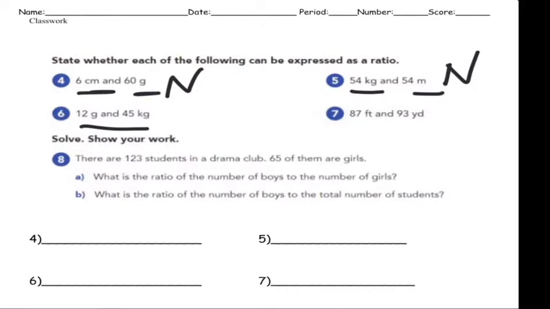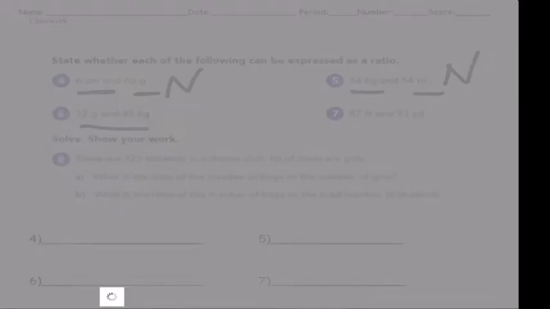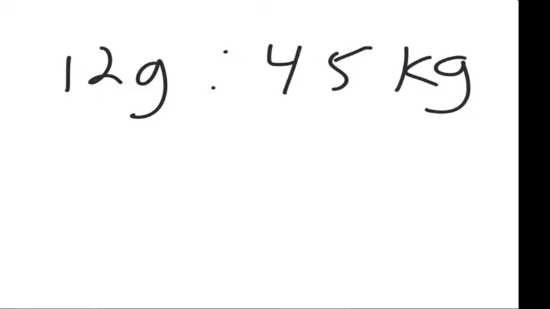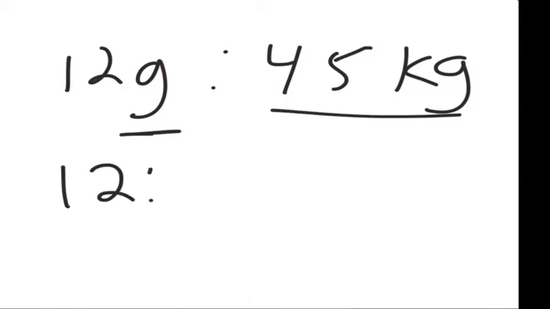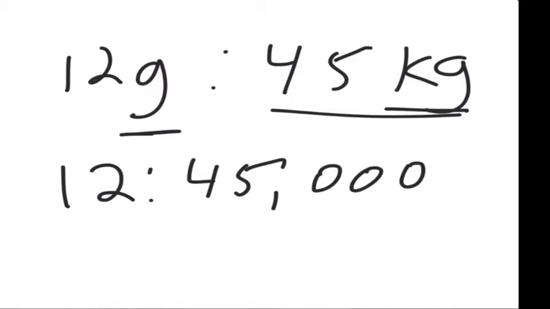However, let's look at the 12 grams and 45 kilograms. So we have 12 grams to 45 kilograms, and they both measure weight, so these we can compare. If we make them into a ratio, we need to use the smaller unit, which is grams. So we keep the 12, and for 45 kilograms we want to get to the smaller unit, so we move the decimal over 3 places, and it's 45,000. With 45,000 and 12, we need to put it in simplest form, and 12 goes into 45,000 perfectly,